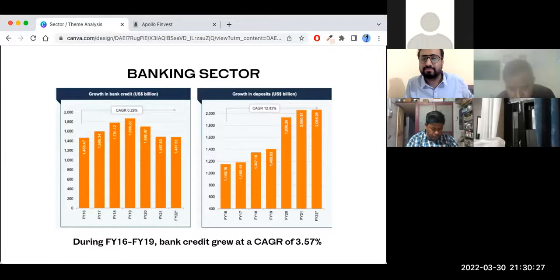Just one quick question. We have seen that the banking stocks have underperformed in the past couple of years. Do you really think that there is some sectoral problem here, or is it that going forward the NBFCs are going to outperform the banking sector? What is your view on NBFCs? Any specific reason for that?